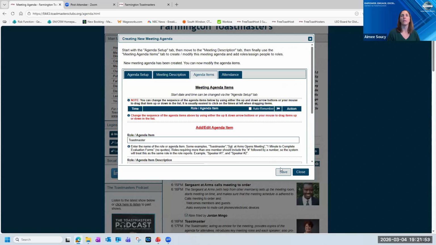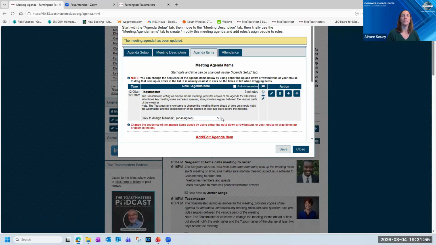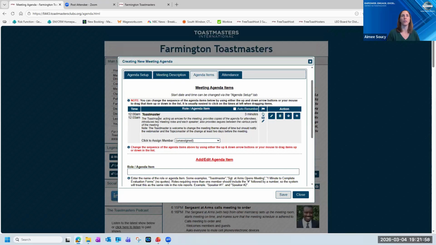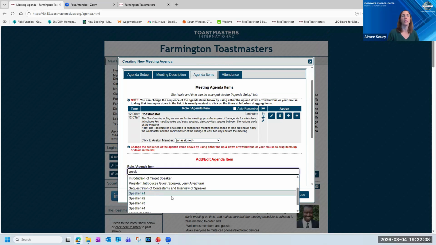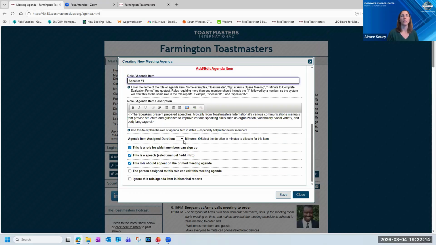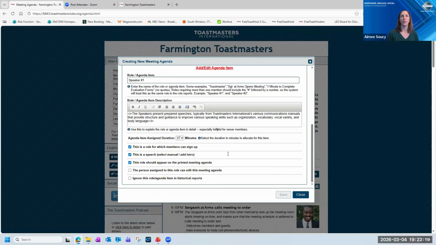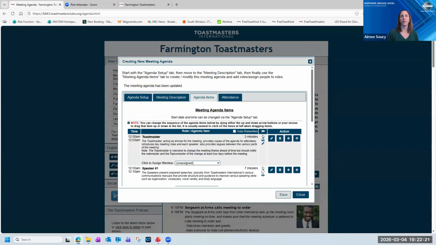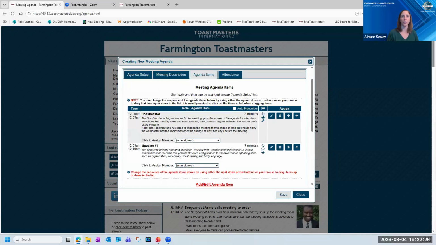So we are adding that item. If I hit save here, you can see the agenda is getting started. It's already got the Toastmaster on it, 3 minutes. And you can add other agenda items as you want. So let's say we want a speaker. Do the same thing. We have speaker 1, the description of a speaker. We'll give them 7 minutes, the typical speech, save that. And you'll see we have those 2 roles now. And then you could just keep going, keep adding items until you fill up your whole meeting, save it, and